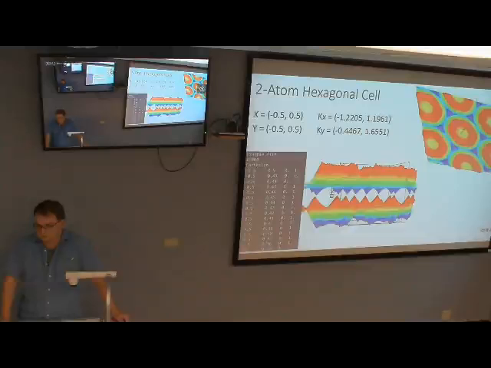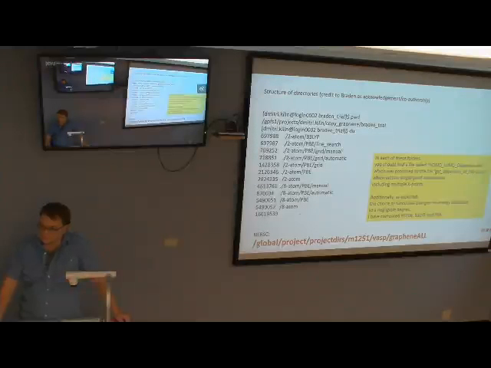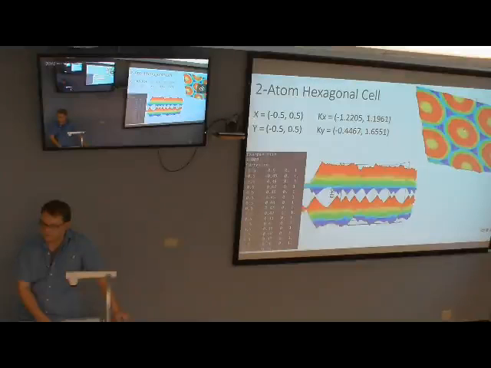Did you try? Because I think in VASP you can tell it to sample the high symmetry points. Yeah, I did that too. There's a directory called line search there. That didn't really help either. Well, I mean, it gives you stuff, but I was instructed for a fully expansive search, which is what I did.